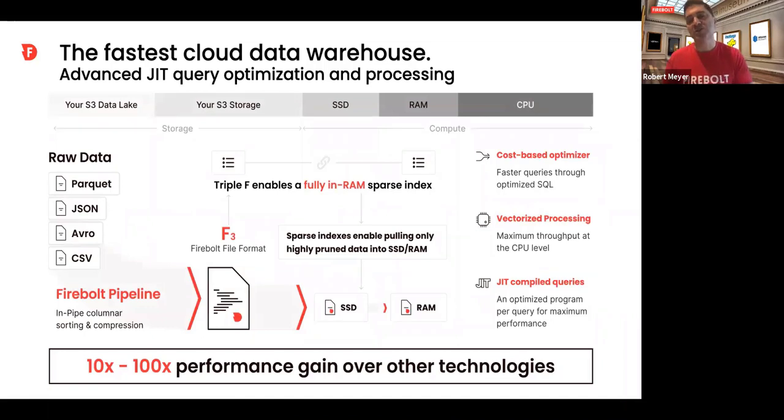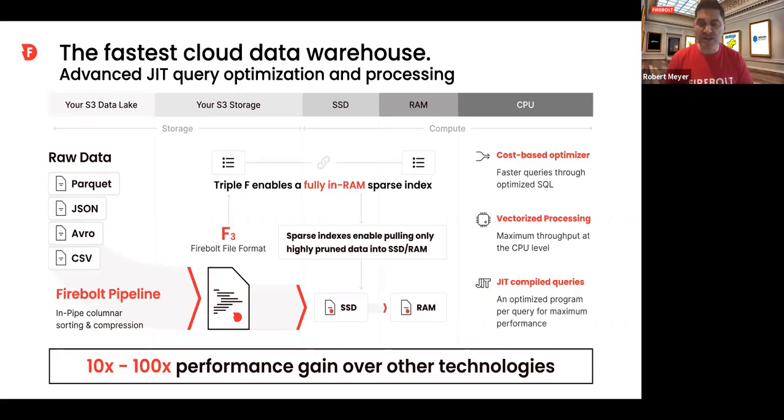The second is, once you start running the queries, what kinds of optimizations have you done to run the query quickly? Now, there's some optimizations that you really should expect in a query engine today, and they're not all there. So for example, vectorized processing. Batch up your data into an array, load it into the CPU, and let one CPU command run against the full array at the same time, instead of running one row at a time. CPUs work that way. You should be doing it. Only Snowflake and Firebolt do it right now. That's a problem. And you're seeing some specialized engines adding vectorized processing now, but it's not yet into the cloud data warehousing space.